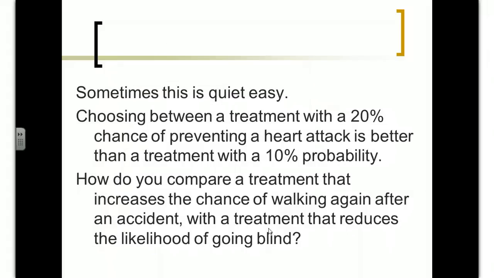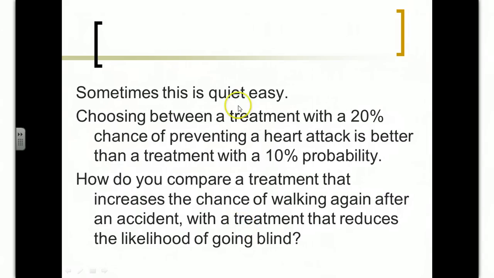So choosing a treatment with a 20% chance of preventing a heart attack is better than a treatment with a 10% chance. So the HSE, well, what treatment are we going to provide for preventative measures in the cardiovascular area? Well, we have this one that has a 20% chance of preventing one, another one has a 10% chance. So just say, well, let's go for the one that's best. Let's not provide the one with the 10% chance. We don't have to provide that. Let's provide the one that has the 20% chance. So they make their decisions based on the effectiveness of each treatment.